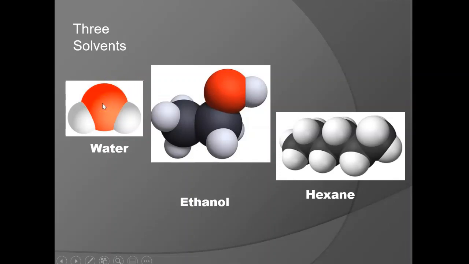So oxygen's higher electronegativity and the 2 lone pairs that belong solely to that oxygen means that there's much more electron density on the oxygen side than on the hydrogen side. This is a lopsided molecule. It's partially negative on the top where the oxygen is and partially positive on the bottom where the